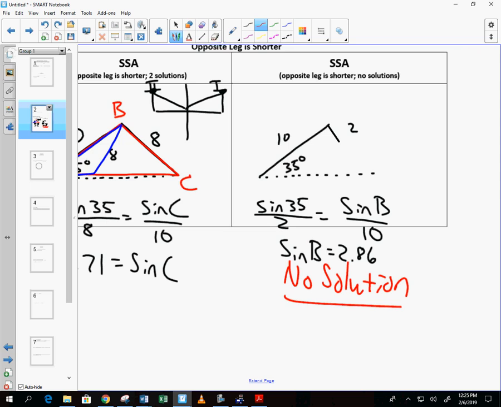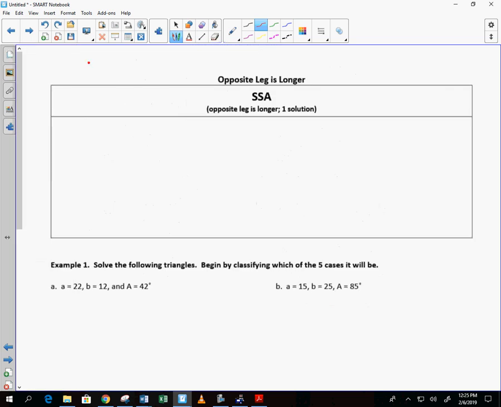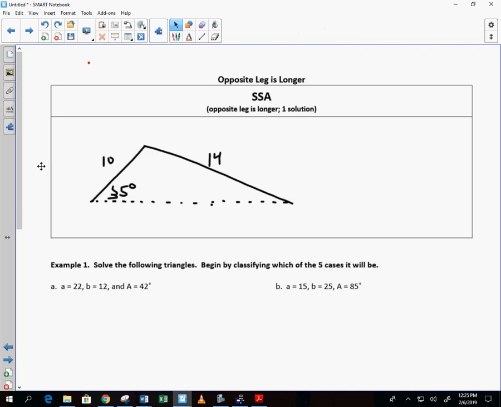We have one more scenario that comes up. That's the scenario we dealt with yesterday. Suppose, again, you have this length of 10, and you have an angle of 35 degrees. But instead of the side opposite being shorter than the other given side, suppose it's longer. I know what you guys are thinking. You're saying, well, Mr. Gantz, we just swing that thing on the pendulum, and we'll come up with another triangle. Well, if you have one that's longer than the other side, watch what happens if you try to swing it